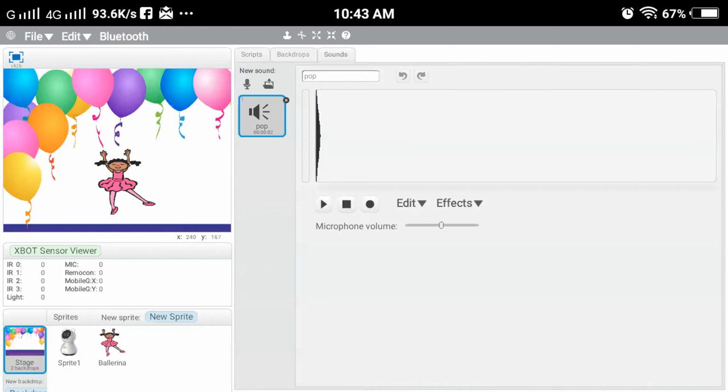So we will go to the sounds option, and you have to click on this folder.